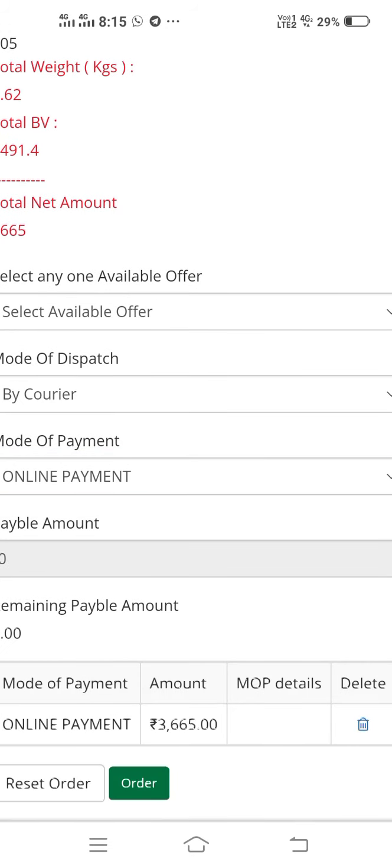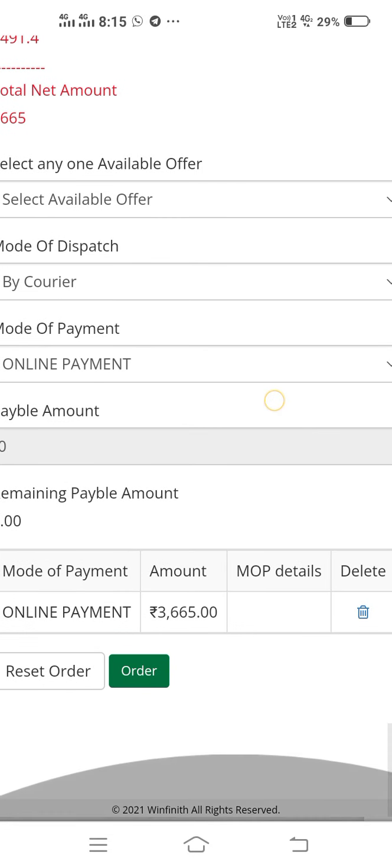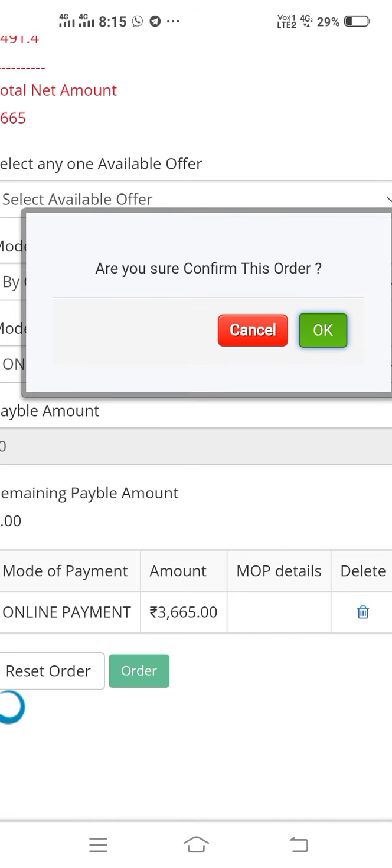After online payment, add mode of payment. Now reset order. If you want to do reset order, then you can click on reset order. If you want to do your order, then click on order.